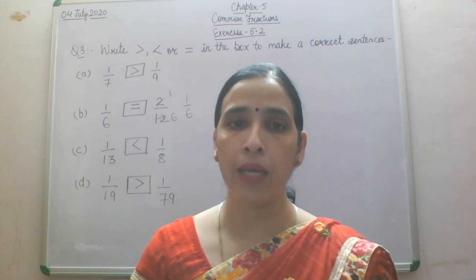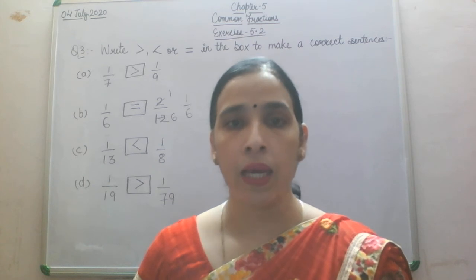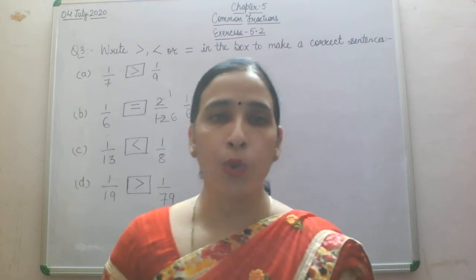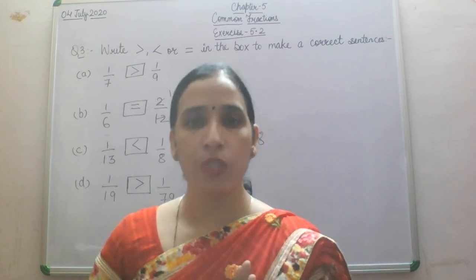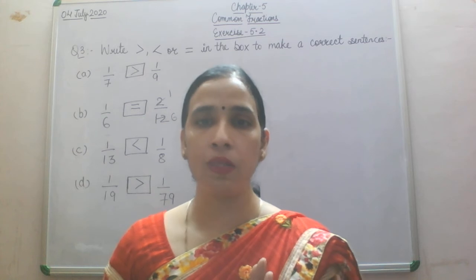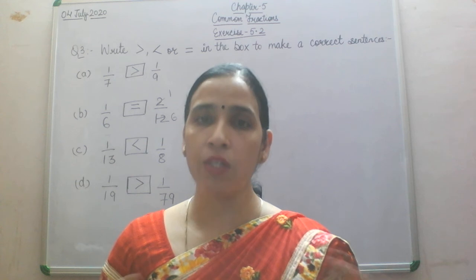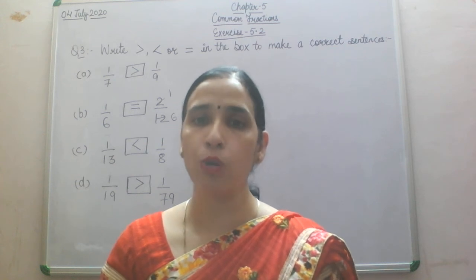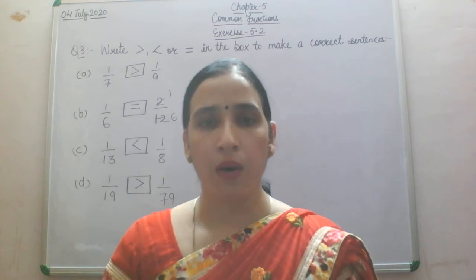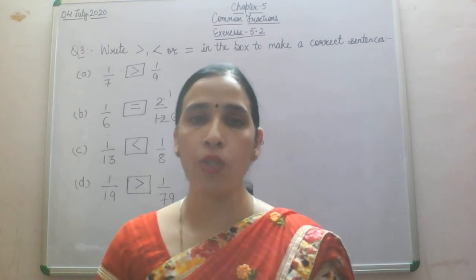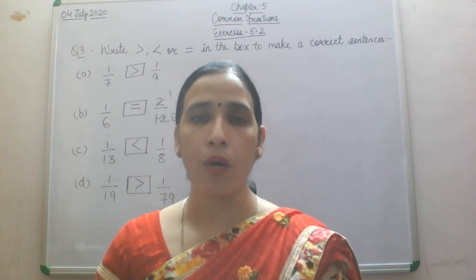Now basically in this question you are not supposed to find out what cost of chips was bought by Rajni and what cost of chips was bought by Vicky. Basically you have to compare the fractions, and the fraction will tell: whichever fraction is greater, that person is going to pay more money, and whichever fraction is lesser, that person is going to pay less money. So in this question you are not supposed to find the cost of all the chips bought by Rajni and by Vicky.